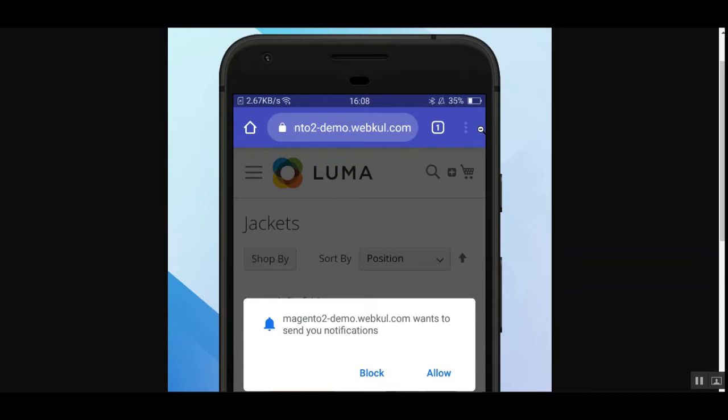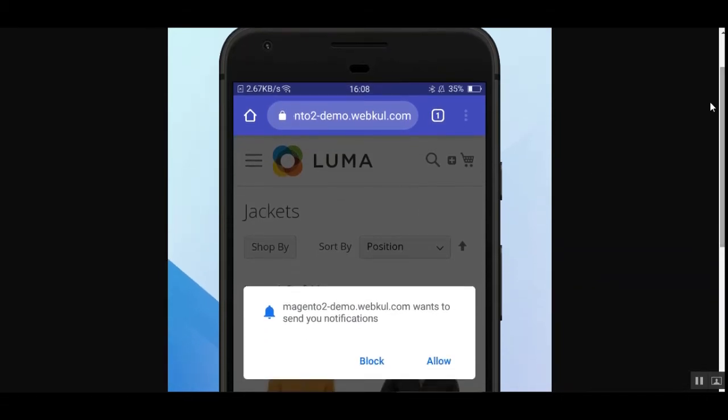Also kindly note that within this particular PWA, if the admin sends notifications to the customers, those are also visible within the PWA app itself. The customer just needs to allow the notifications from that particular website first, and only after that can the web store admin send the notifications to the customers with the respective links on those notifications.